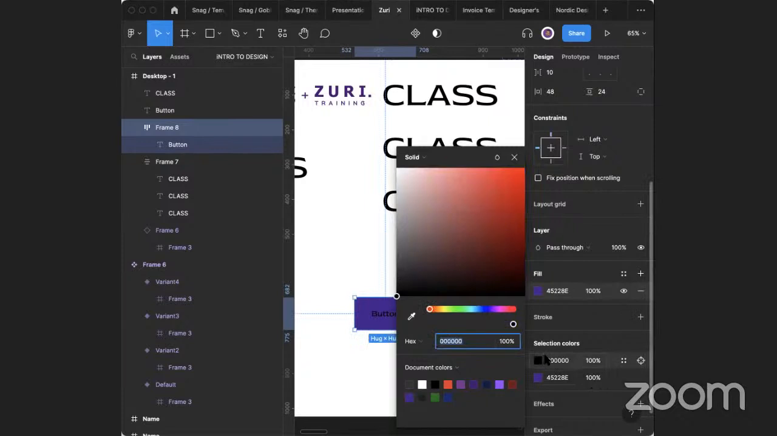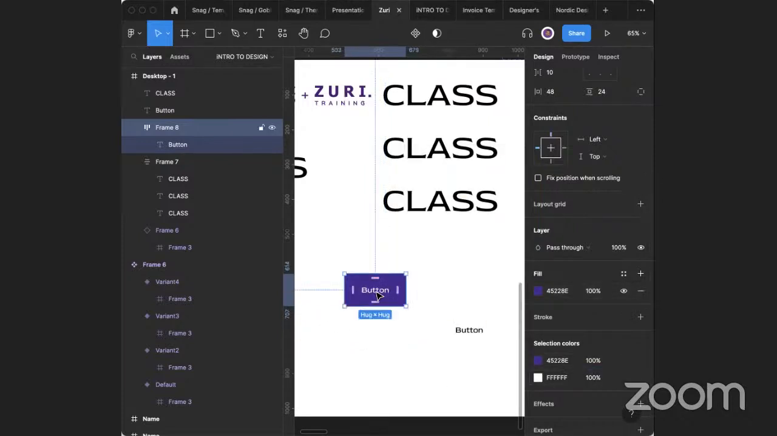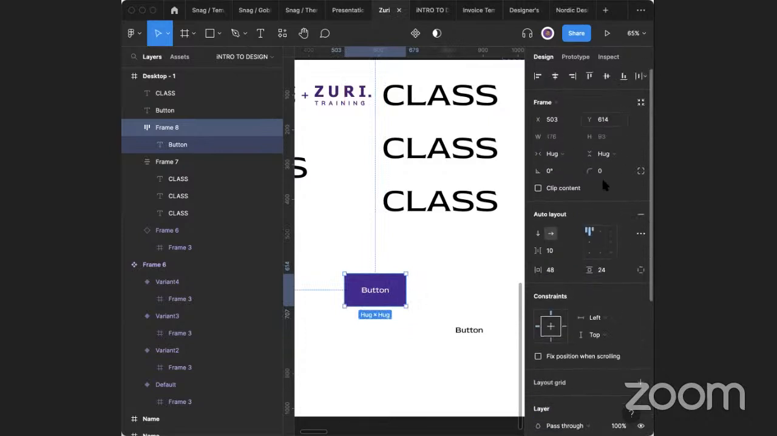And then I'm changing the text color to white, 1, 2, 3, 4, 5, 6. And then I'm giving it, let's say, a rounded radius here. I'm giving it 24 as well. And then I decide to increase the length. Now, if you notice, because this position is here, that's why the word text button is showing